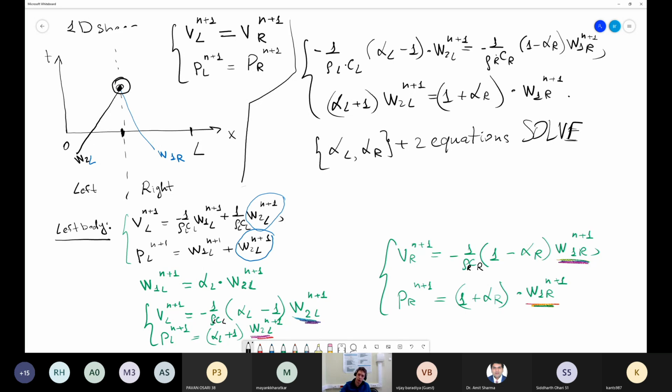To simplify the formula, you can use the new notation impedance, left or right. This is the rho left or right multiplied by the C left or right. If you will add this notation, you will simplify the final formulas. Let's stop here, and I will share with you